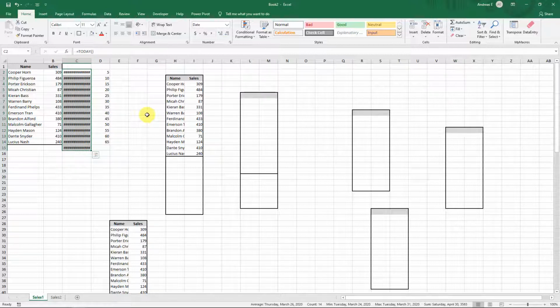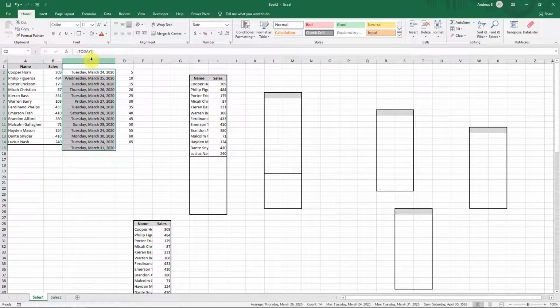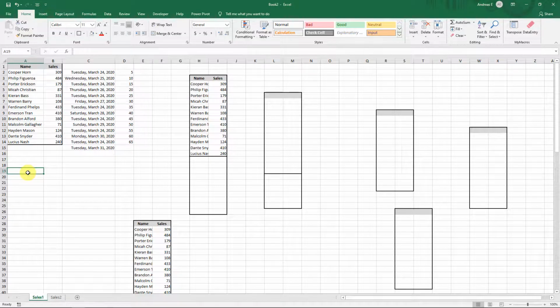To fix this, you can select the entire column and double-click on the header line between these two columns. The column width will get adjusted automatically. Keep in mind that even though we are typing dates, from Excel's point of view, everything is a number. Let me type 1 in a cell.